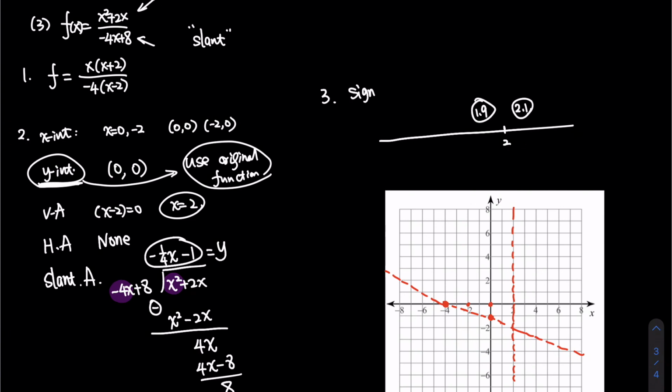Plug those points into the simplified version. So it's positive over negative times negative, give us positive on the left. And 2.1, positive, positive, negative, positive, give us negative on the right. The graph will look like, from negative infinity